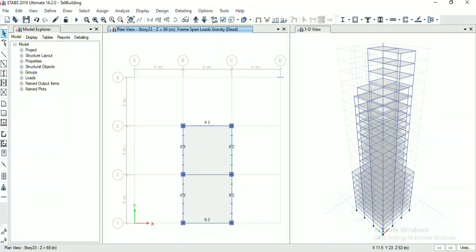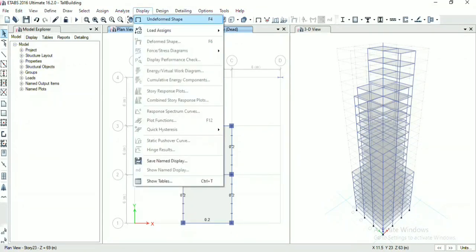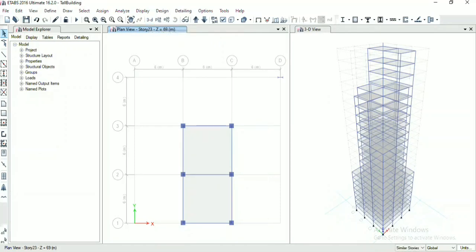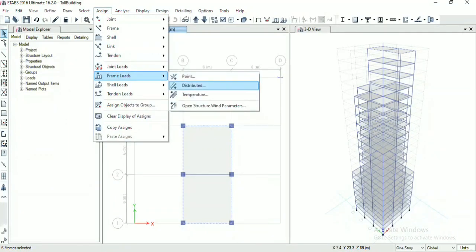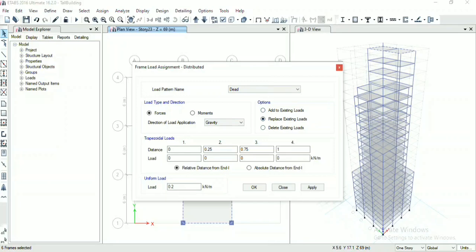But as it is not displayed, we will go to display undeformed shape, and now we will select one story, and now we will select the frame, that is beams, go to assign frame loads distributed and delete existing load, click on apply and OK.